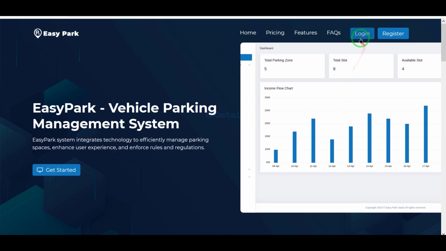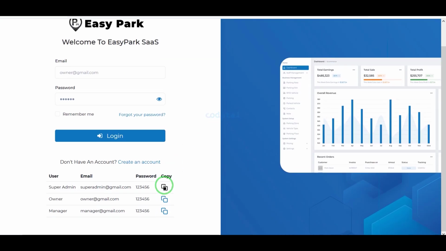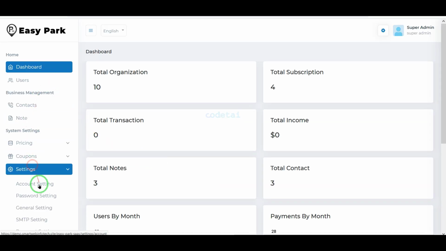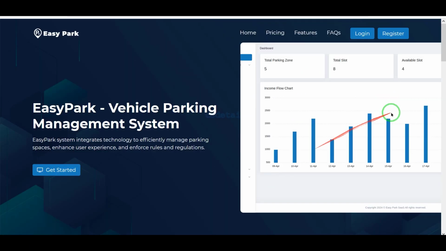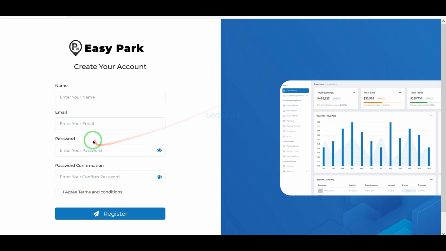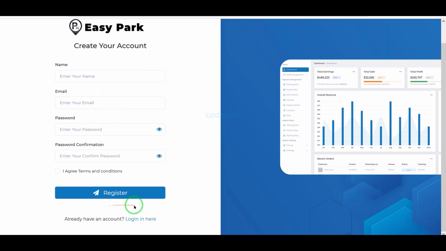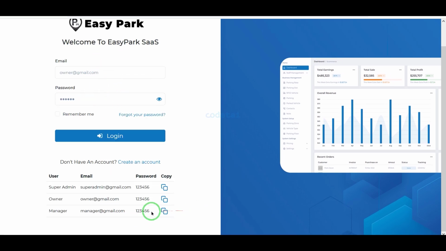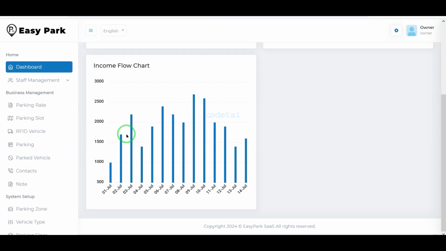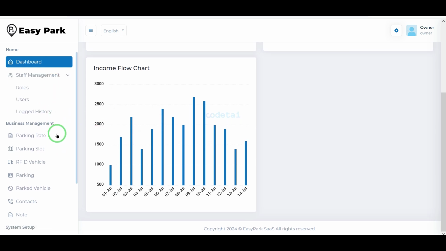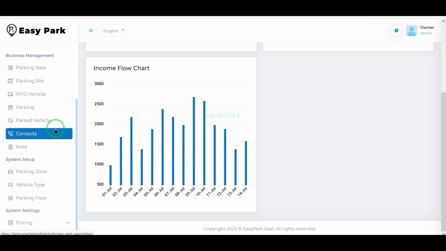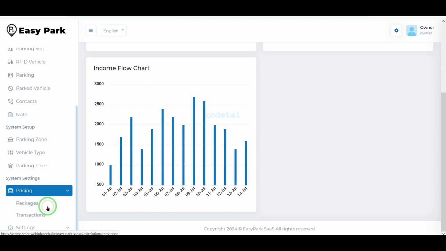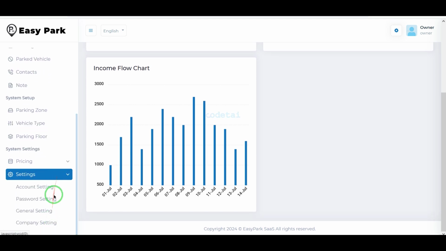We are getting the most powerful admin panel to control this website. We can manage all the features and functionalities of the website through the admin panel. Also, our vehicle management system website has registration facility for every user. Each owner gets their own account panel to manage the vehicle parking management website. Using these features and functionalities, vehicle parking owners can easily manage their accounts because there are all kinds of feature sections for vehicle parking management.